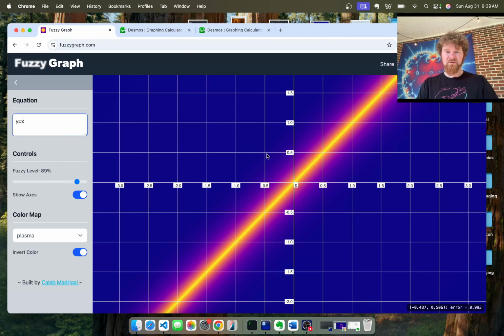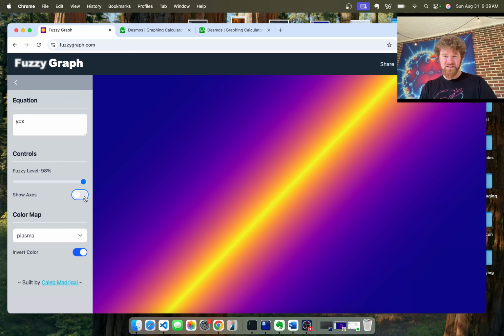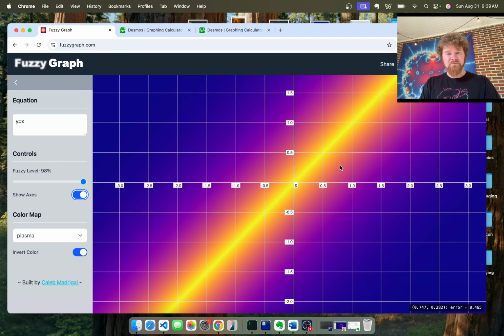FuzzyGraph, however, does not only draw the line where the equation is exactly equal, but it also draws color where the equation is close to equal. And so you can see that that results in basically a gradient, which is pretty. You can also turn the axes off if you want to see what it looks like on its own. Anyway,